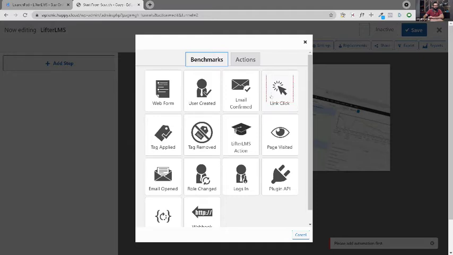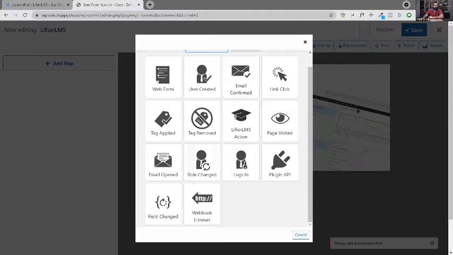Link click, you can set up a link, and whenever a user clicks it in the email that they receive or anywhere on the site that you've put that link, if Groundhog can recognize them as a logged in user or a user that has a cookie previously placed on their computer that identifies them, then they're going to be entered into an automation. Similarly, CRM tag applied can trigger an automation, a tag removed can trigger an automation. When they visit a particular page on the site, it can trigger an automation. When they open an email, when their role in WordPress gets changed, when they log into the site,